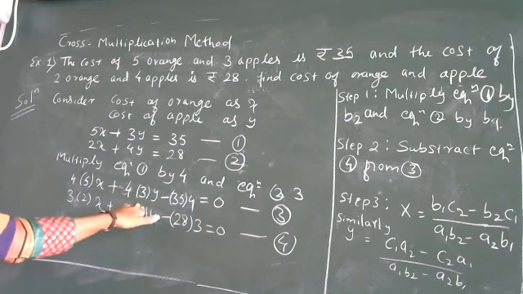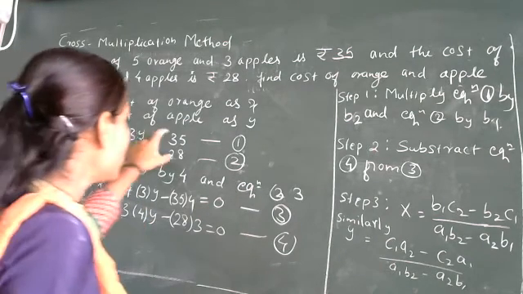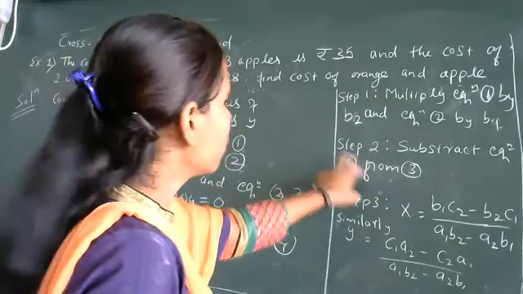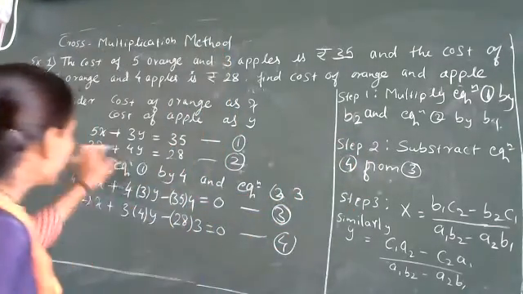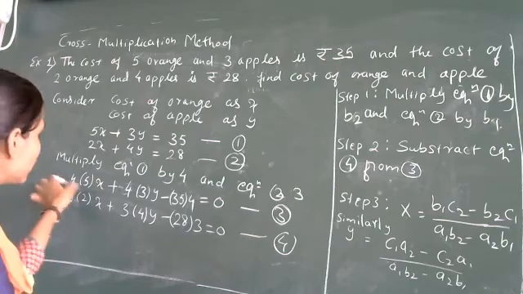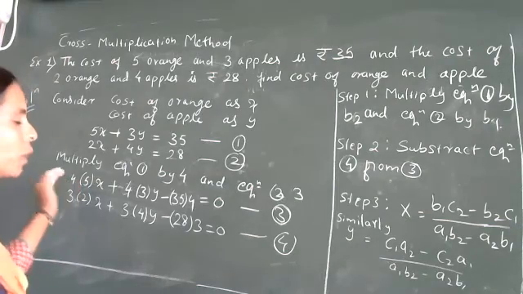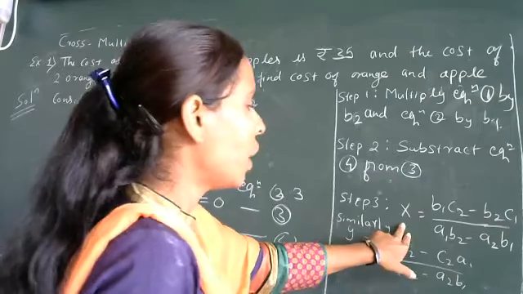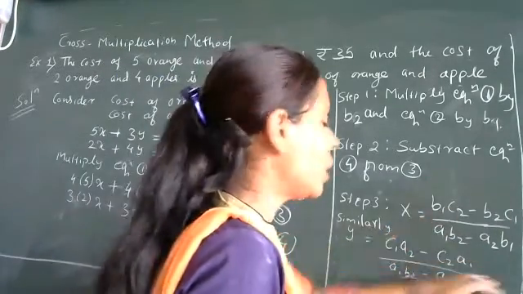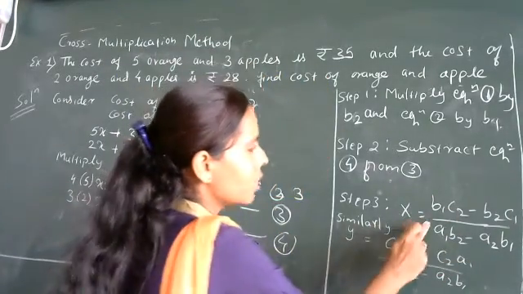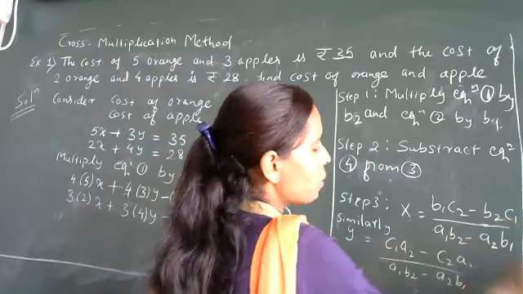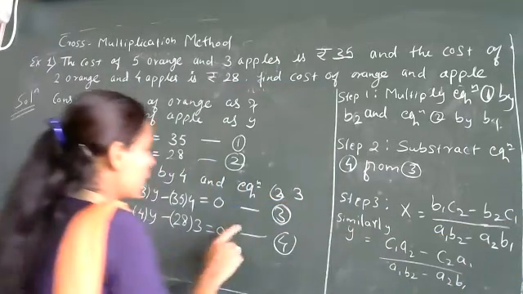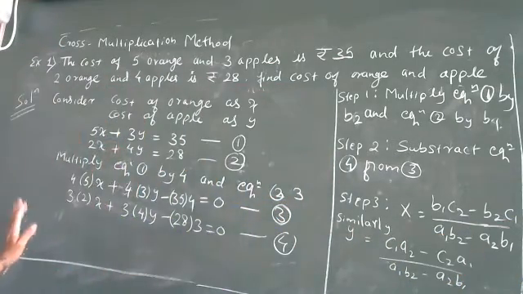Otherwise, you have to follow that in the second step. In the first equation, what we have taken, we have to multiply it with what? B2. So when we have taken a multiplication, we have taken it as it is. We have not multiplied the values because we want to use them in terms of the third step. In the third step, we have taken x is equal to, one equation is there. What is that? X is equal to B1 C2 minus B2 C1, and to use this, in this step we have to write in this format only.